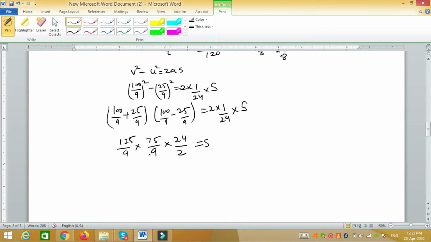Now 3 3s are, 3 8s are 24. Then s comes out to be very easy, that is 125. 25 4s are 100, so you put 20 by 9, which would be 1388.8. You may leave your answer here also, but it is always advisable to convert into the decimal. So this is your answer. This is a very easy question. So we'll move towards the next one.